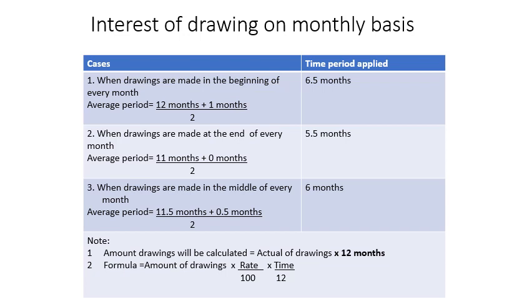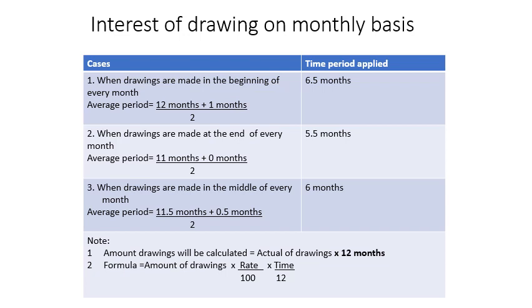For the average period, you see the first installment, January, and the last, December. For the first month you take the time period, and for the last month you take the time period, add both and divide by 2. It means the average period will come in front of you. That time period is then applied to calculate the interest on drawing with the simple method. This is also a shortcut or alternate method. In the first case, the beginning of every month, from 1st January to 31st December consists of a 12-month period.